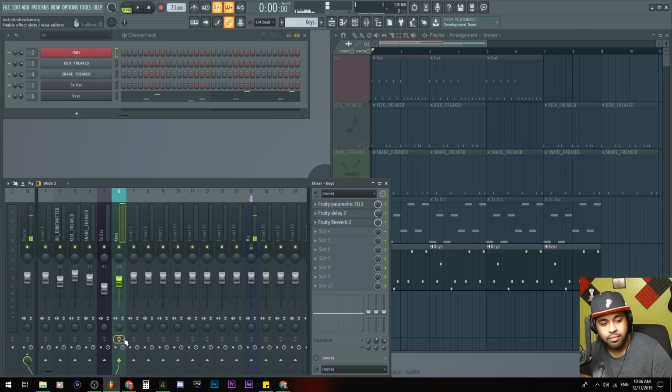Underneath this stereo separation knob, we have this bulb icon. It's a light bulb icon for those who don't see that at first. There you go. This is gonna enable and disable the effects. So when this is off like that, the effects are not on. When it's on, the effects are on.